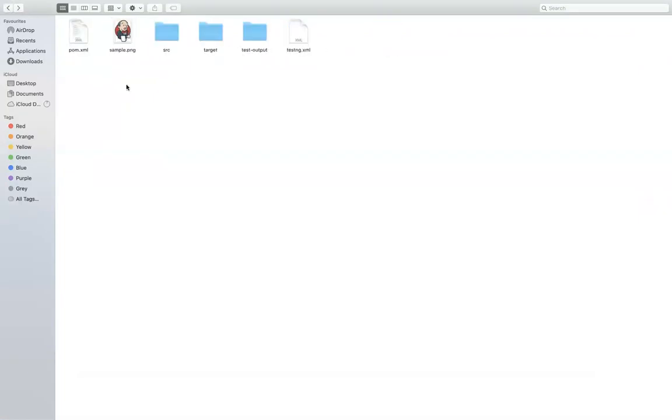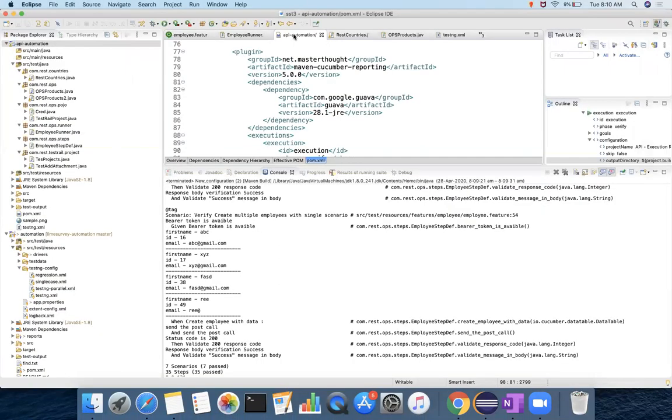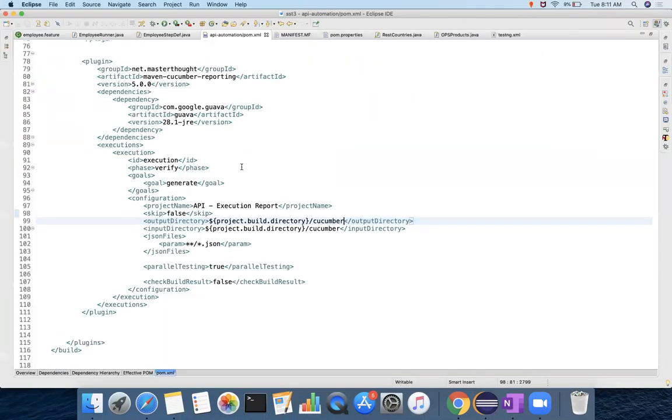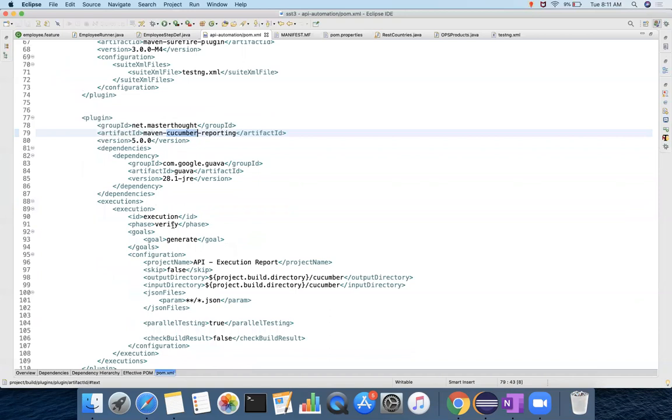Now let's say you need to add a few more small configurations here. For example, Surefire plugins will execute your test cases and generate a report.json file, and the Maven Cucumber reporting plugin will read that JSON file in the verify stage and then execute.